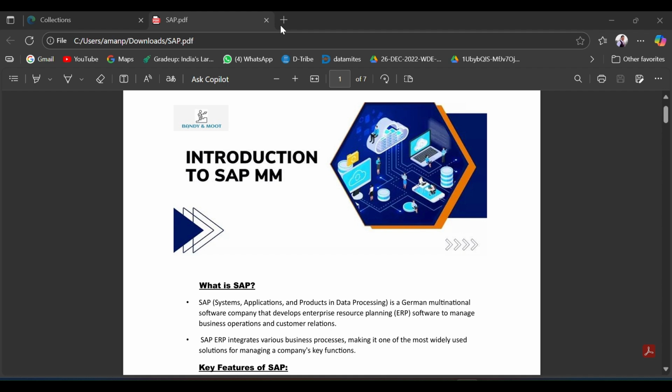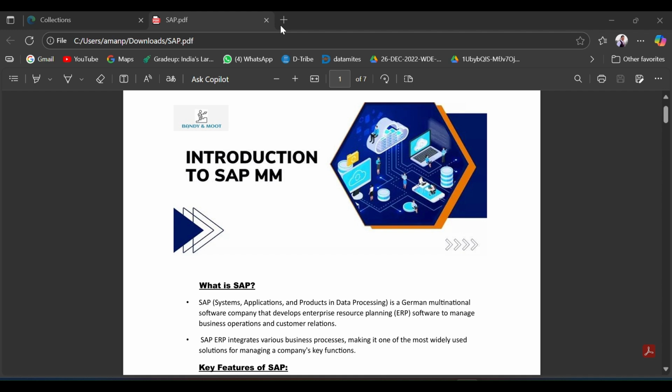So first, we start with: what is SAP? SAP stands for System Applications and Products in Data Processing.